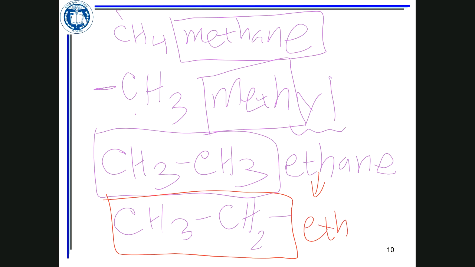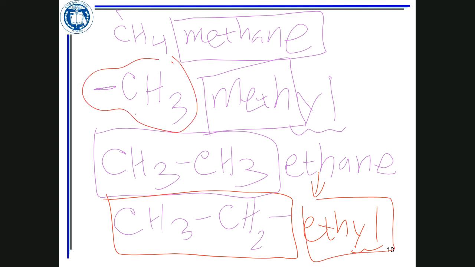It's going to be et-yl. So we have the "yl" indicating that this is not a compound, it has lost a hydrogen, but it's coming from the original name of ethane. With losing a hydrogen, it's going to be ethyl. So if it's a 1 carbon branch, it's going to be methyl. A 2 carbon branch is ethyl. If it's a 3 carbon branch,